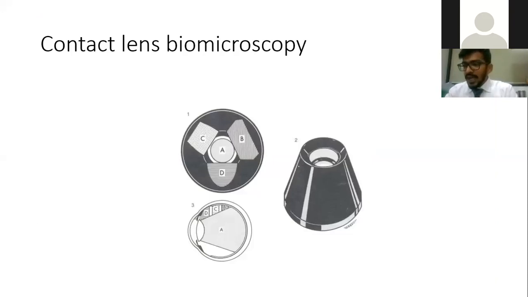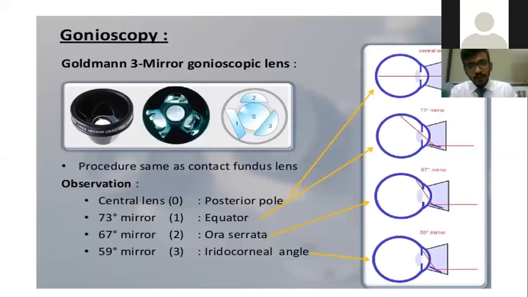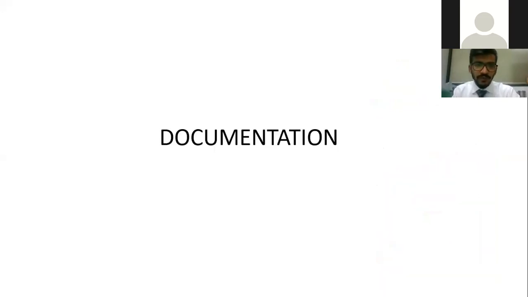Contact lenses, you can use a 4-mirror gonioscope or a Volk wide view lenses. The central view is the one which you use for the posterior pole. The other mirrors can be used to see the equator, ora serrata, but I think an IO is a much better viewing system than a 3-mirror. And the Volk lenses, a 165 wide field view, can also be used, but it's a contact system. Generally in the OPD, you'll not use it unless you're using it for any procedure.